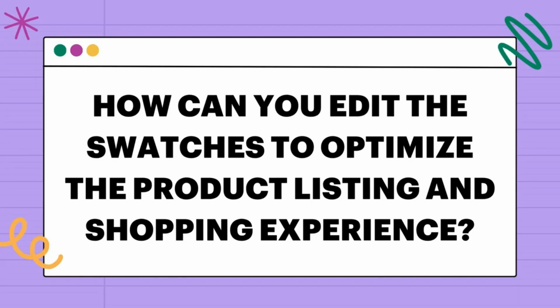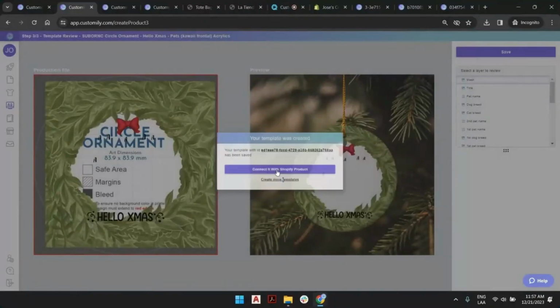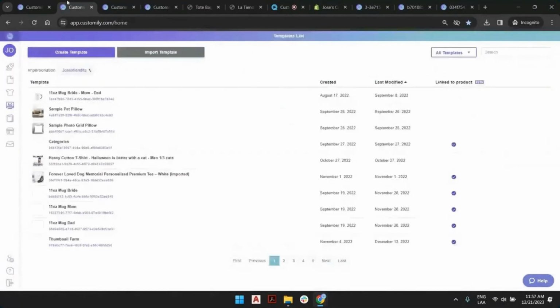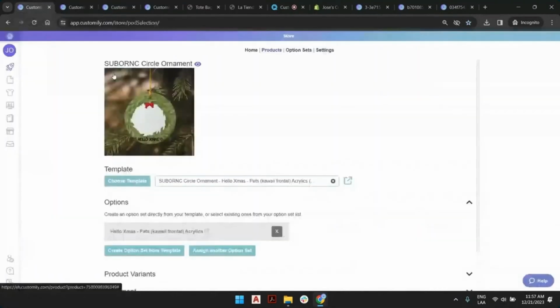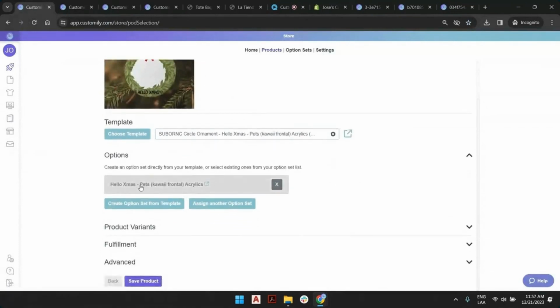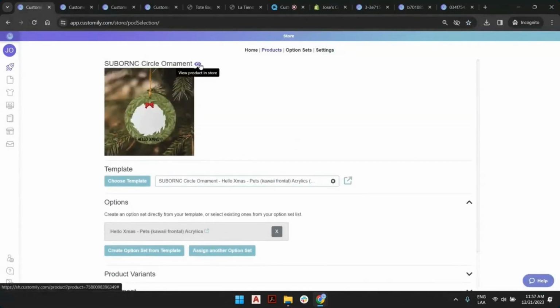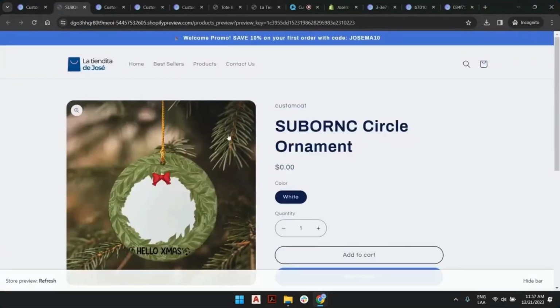Okay, there's a question about swatches that I had before. Let's check out this product. We were here originally, right? And we have this product. Let's preview this, even though the image you see there, the image of the listing